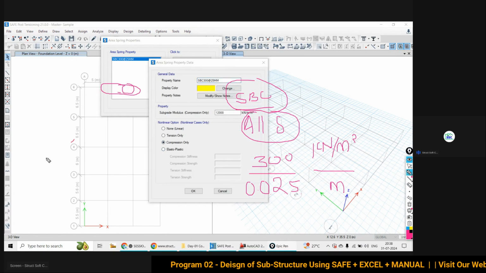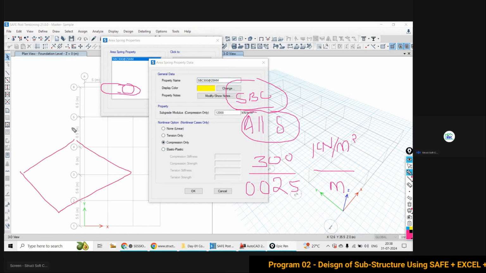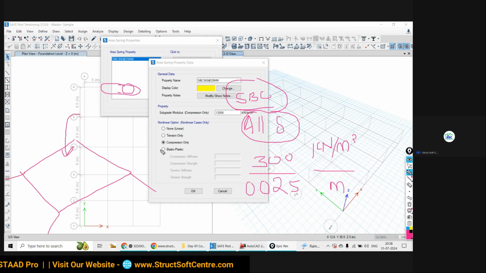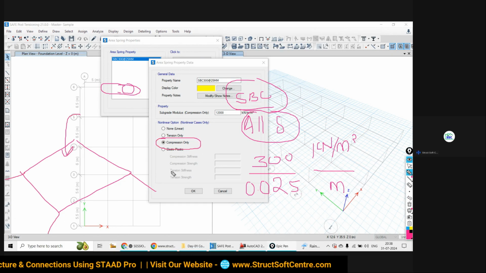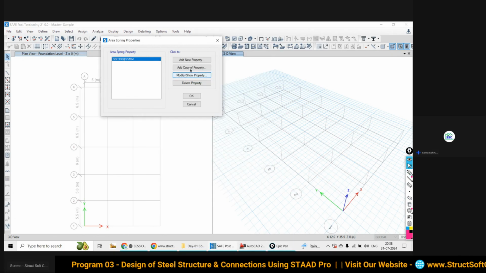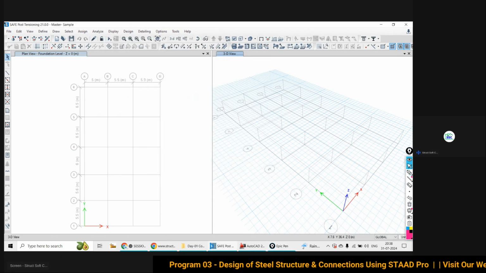Always your soil will be in compression. You are going to impose the load over the footing. From the footing or from the foundation slab to the subsoil, the load is going to be applied. So soil will be under compression, remember. So choose it as always compression only, right? Then simply say okay, then say okay, that's it, then say okay. So the section properties for the,